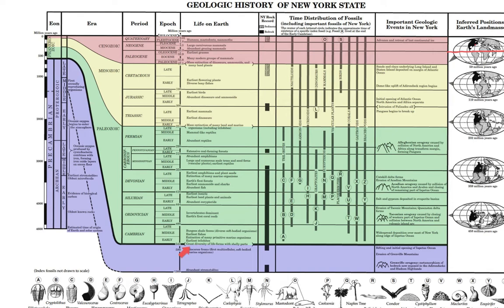There's a huge, we call it an explosion of life starting about 542 million years ago. Prior to that, all we have are soft-bodied, our first multicellular soft-bodied organisms. There's not a lot of life prior to this Cambrian time period,